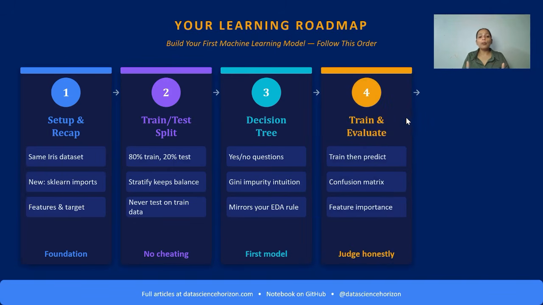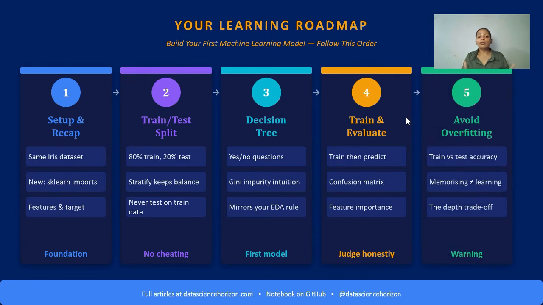Fourth, train the model and predict on test data, evaluate honestly using a confusion matrix and check which feature actually matters via feature importance. Fifth, compare train versus test accuracy, which shows the difference between a model that memorized the data and one that actually learned the pattern, plus how tree depth drives that trade-off.